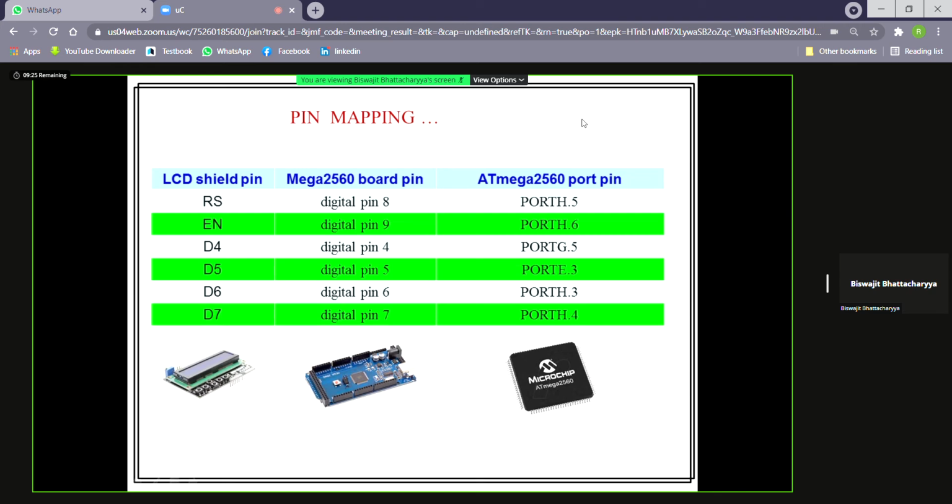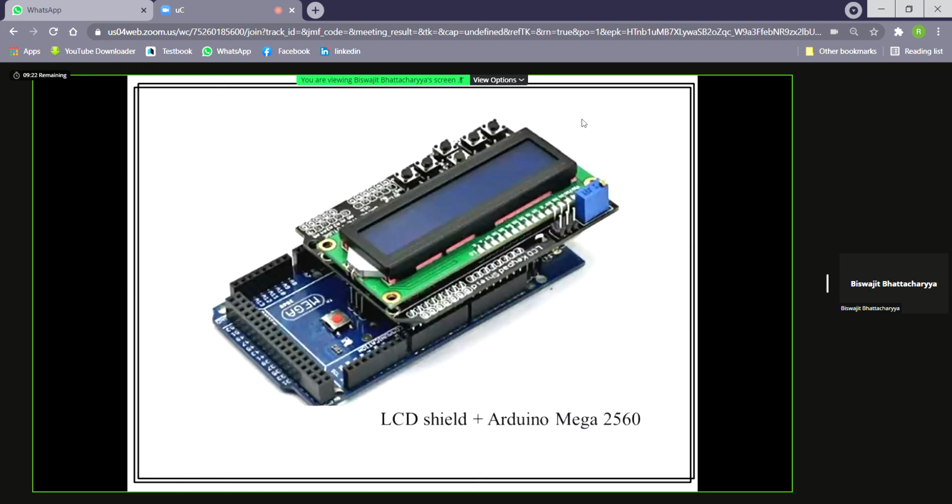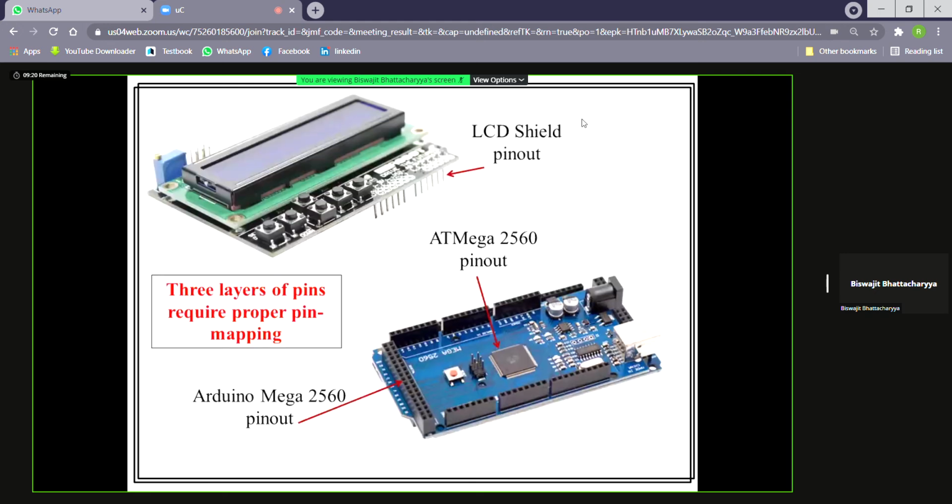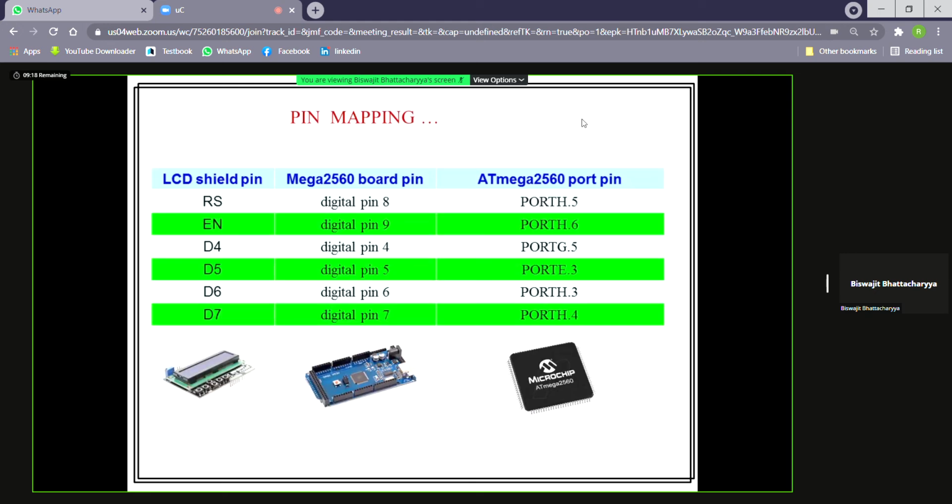Because once we sandwich the two things this particular way, then we have to accept that particular pin connection. That RS pin will be connected to port H.5, EN pin will be connected to port H.6 of the microcontroller. Then D4, D5, D6, D7 are connected to port G.5, E.3, H.3 and H.4 pins of the Atmega microcontroller. So we have to accept them, and then we have to write the program properly.